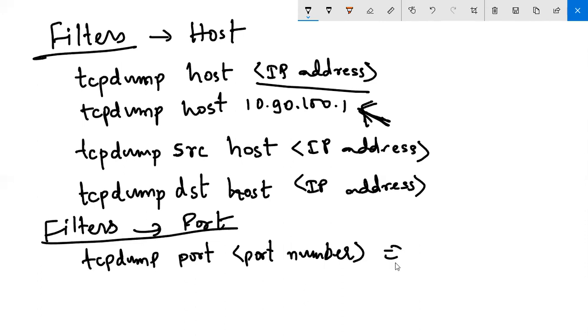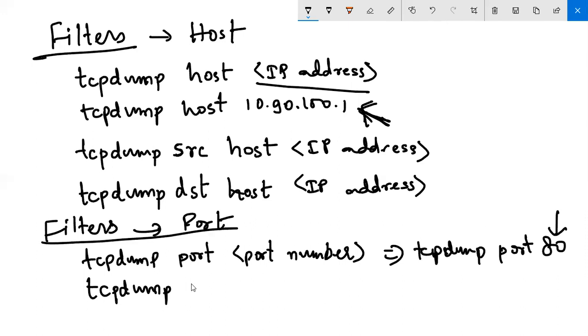So for example, if I type tcpdump port 80, this means that whether this port is configured as a source port or destination port, wherever this port is mentioned in the packets, that packet will be captured. Now I want to view only those packets where the source port is port 80. That also can be done. I would use tcpdump src port 80,